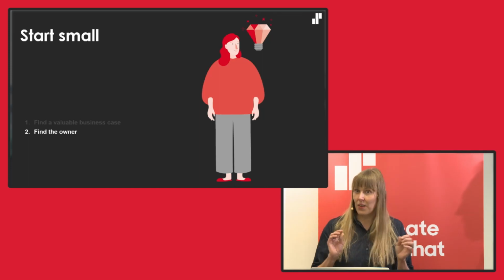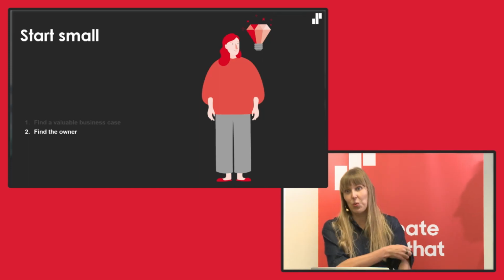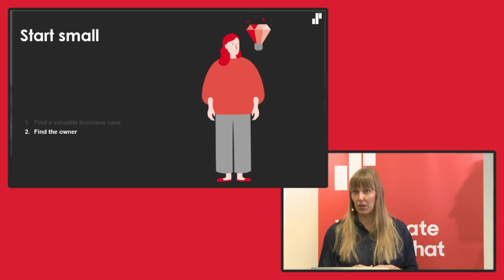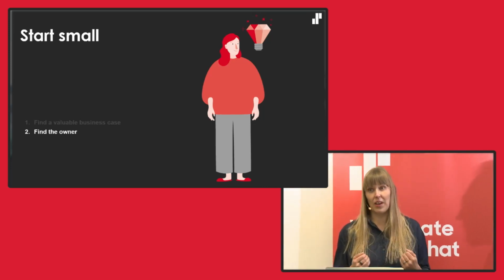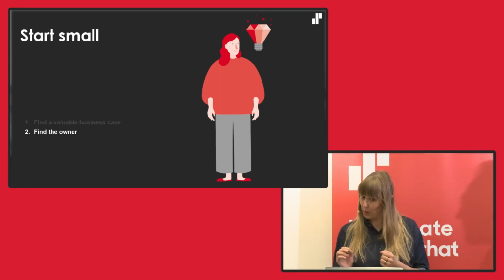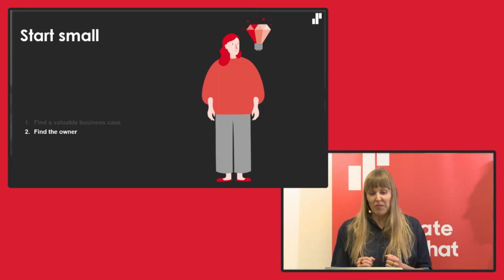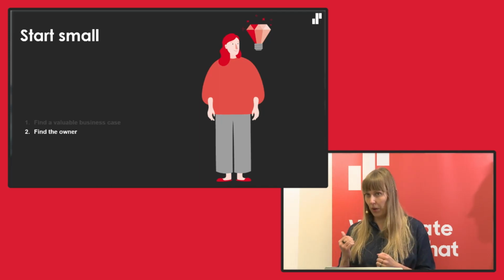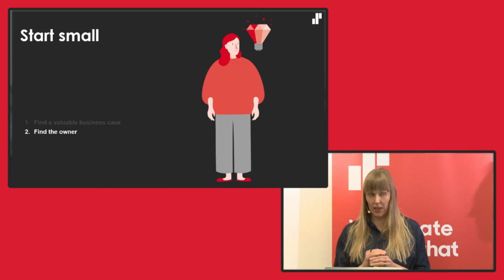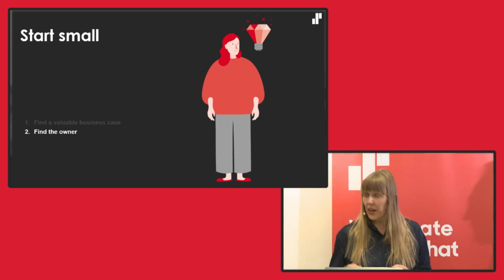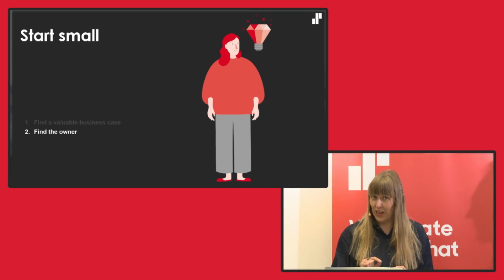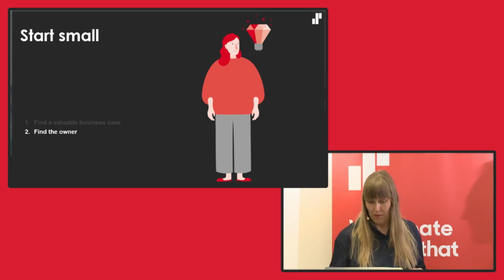The second start small step would be the domain ownership or the data product owners. You need to start by finding a team and a person in a team who is ready to be an owner of this new data product or the domain ownership. And we will share a little bit more about this at the last topic, because we think that this is actually the most crucial part of the DataMiss. Anyway, the second part, you will need to find an owner and empower them.